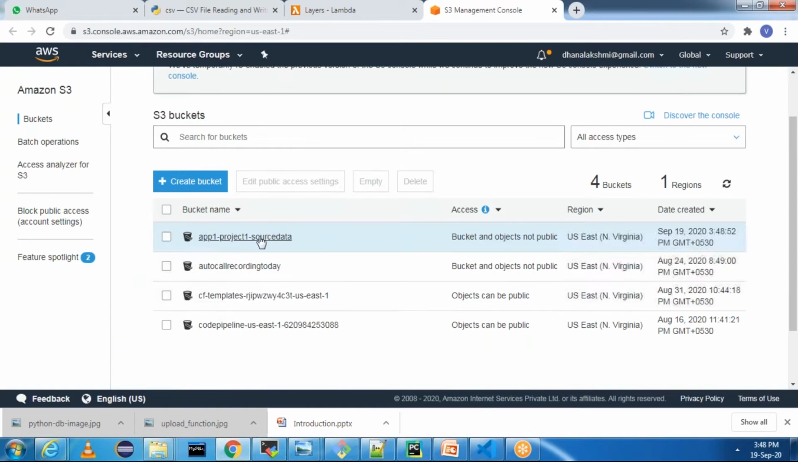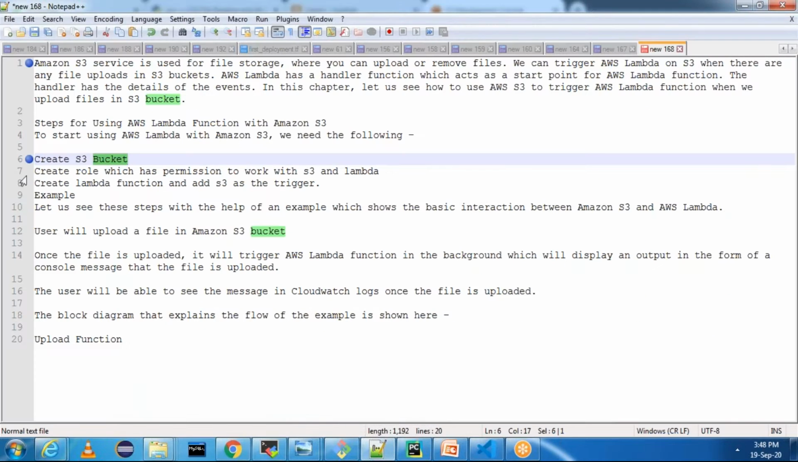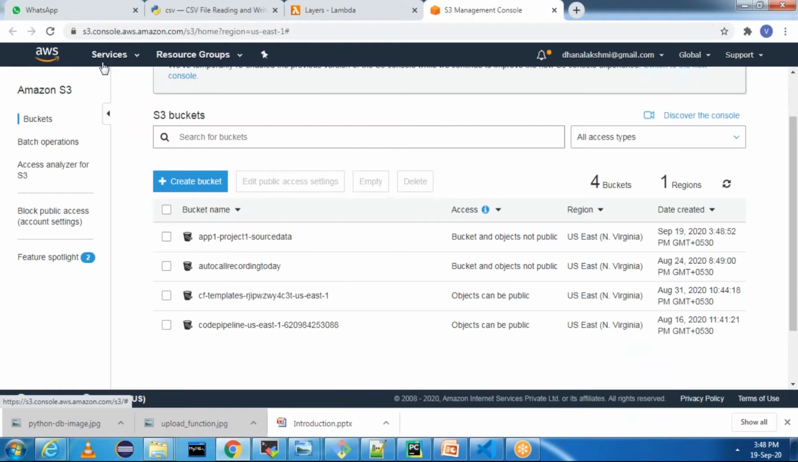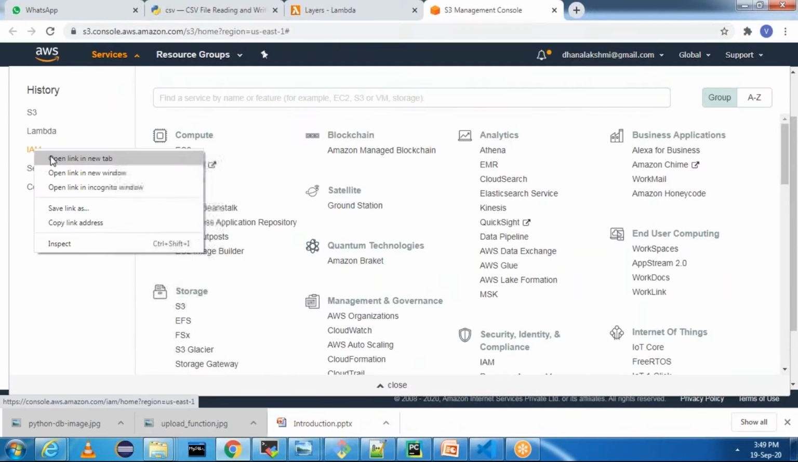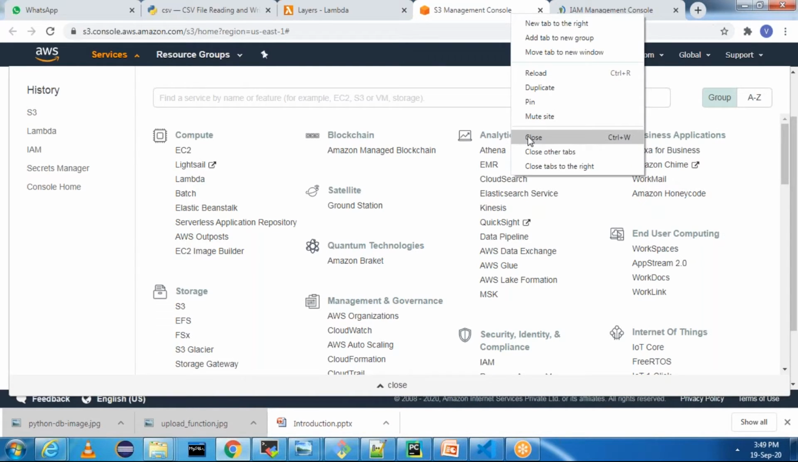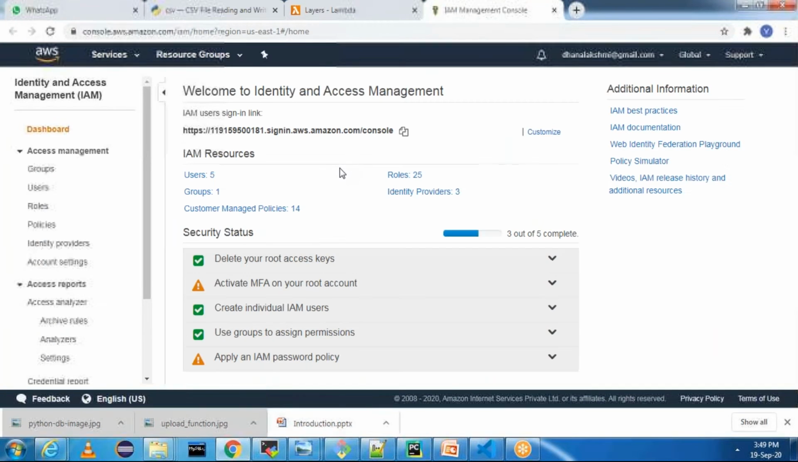Perfect. Now we created the bucket name. The next step which we are going to do is we need to create a Lambda role which has permission to work with S3 and Lambda. Let me go ahead and create an IAM role. Services, IAM, and we need to create a role. Click on role,